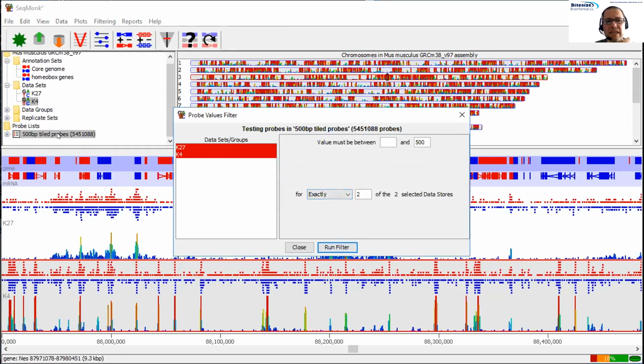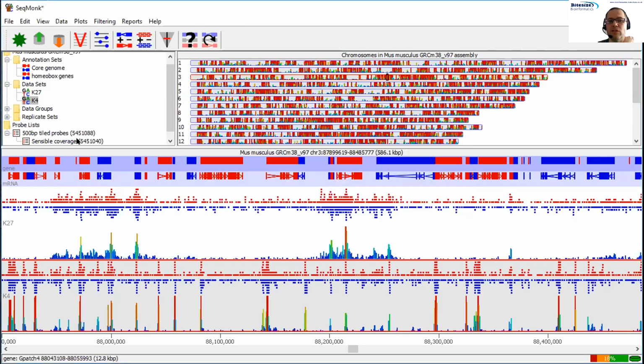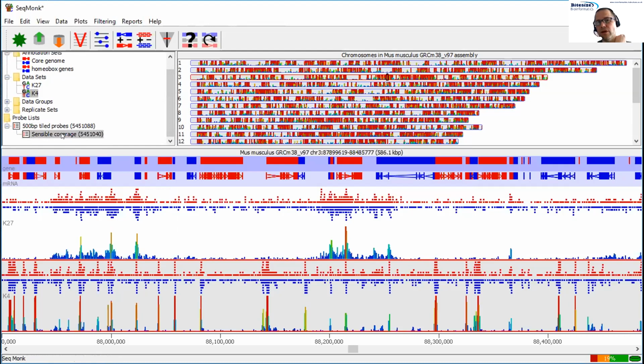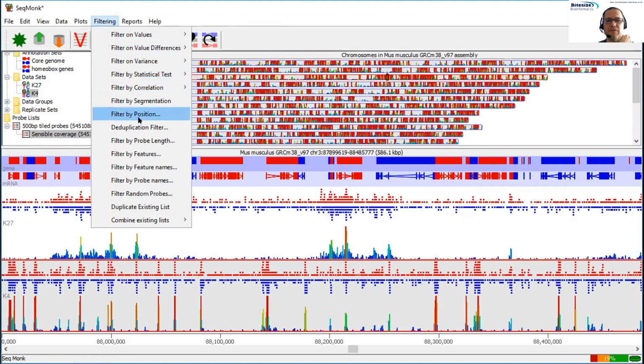And now I will see in my probe lists that I've got a little plus next to this, which I can expand and see that I have a child list now, which is a reduced subset of that original list. And I can apply filters as many times as I like. So for example, if I wanted to take this and then say, well, I only want to look at the probes that are on chromosome 1, I could go back to filtering and say filter by position,